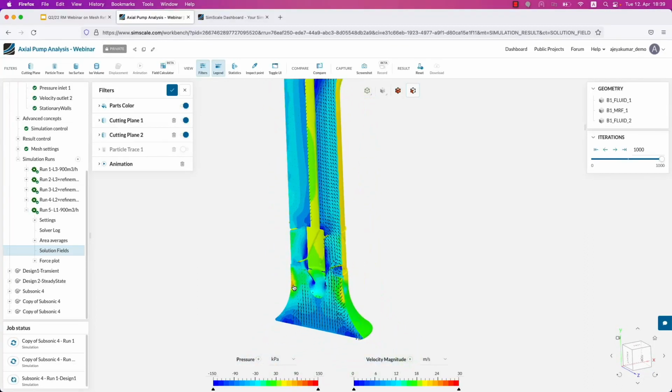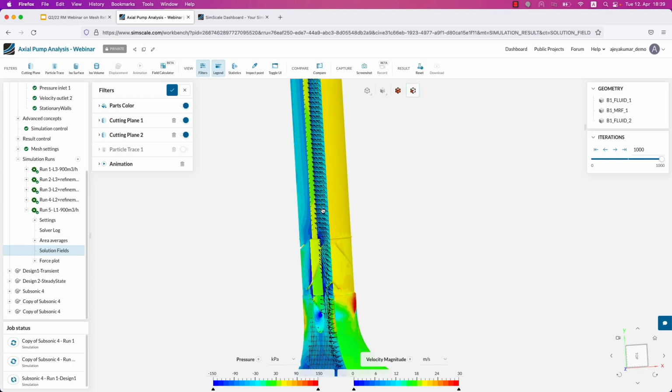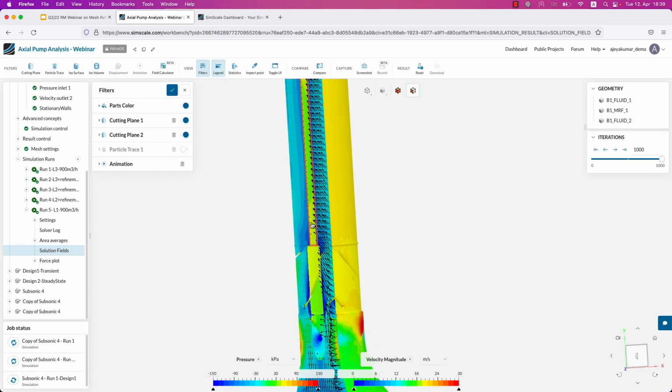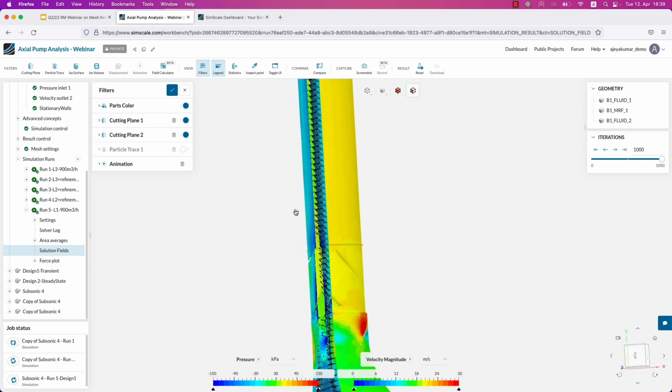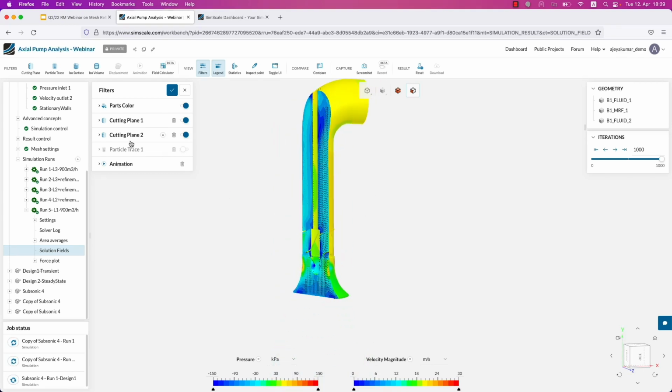You can already see that the blue regions are low velocity regions, and the red to yellow regions are high velocity. You can also range the velocity according to the gradient, but for this case, if you take a deeper look at the results, you can already see that the flow is imparted with a high rotating velocity when it leaves the stator. And that's why the vectors are plotted on outwards in one direction, and on the other side it's plotted on the inward direction. You can also take a look at the